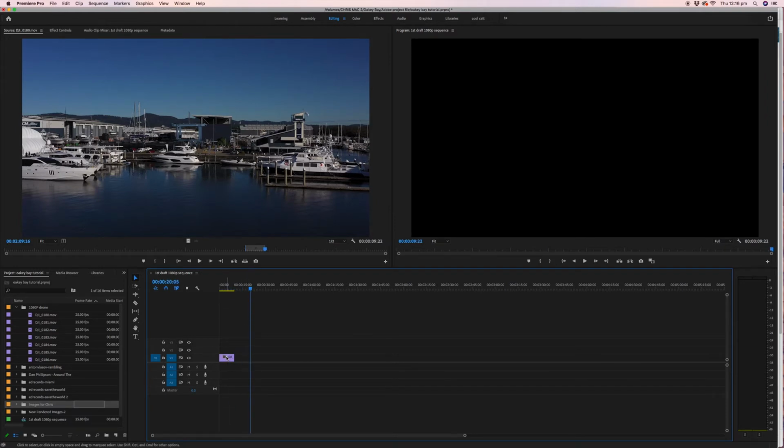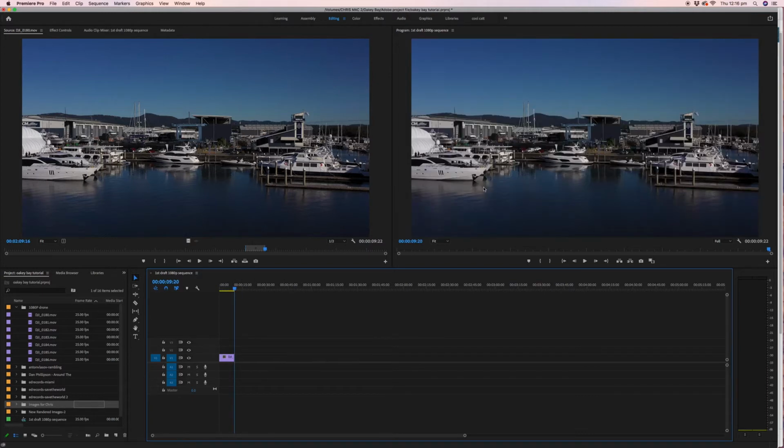Actually, I'll just move this up a little bit. All right, we'll just leave it there for a second. I'll rearrange it in a second. Okay, so say we want to add a clip onto the end here. So we drag this pointer right on the last clip there, and we'll give this an in point,